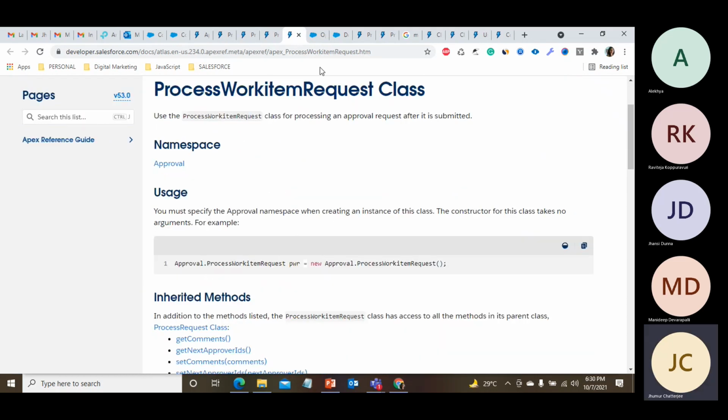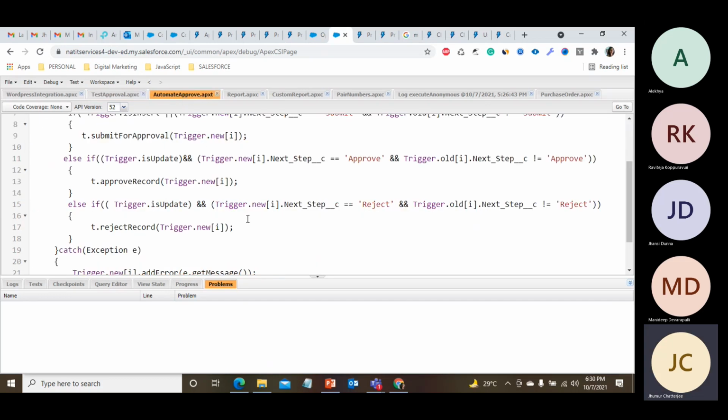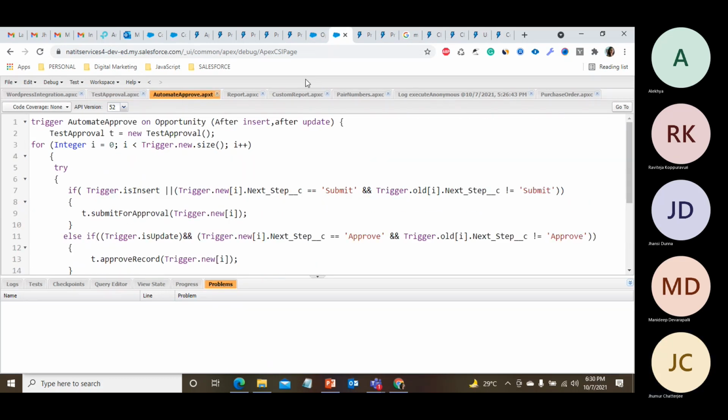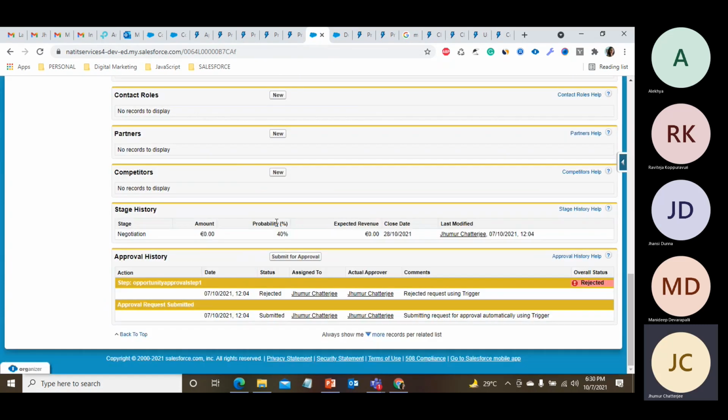Now we will discuss the code. What is my agenda, or what do I want to show? We know that if we create an approval process, we get a Submit for Approval button.